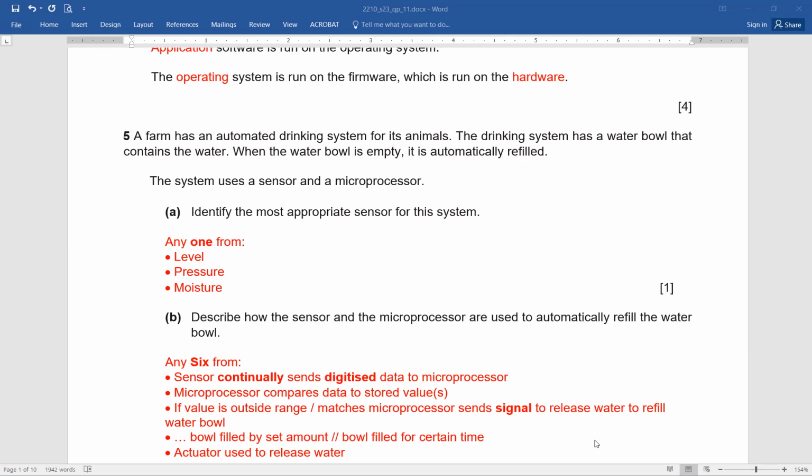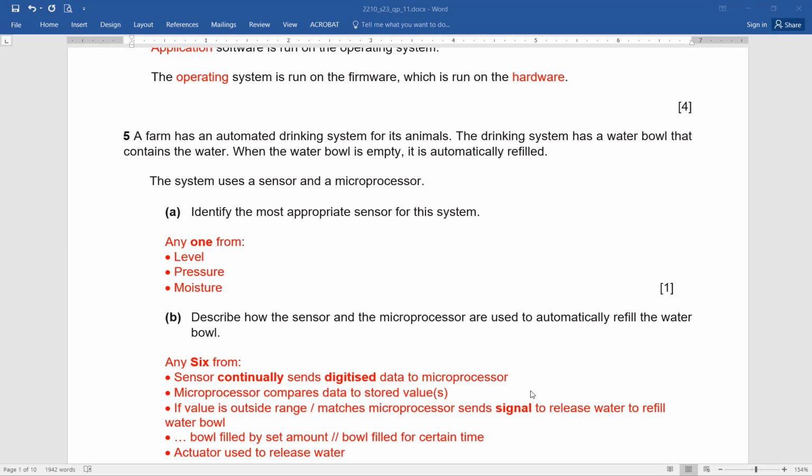So definitely that is there. Sensors are constantly sending the digitized data to the microprocessor. The microprocessor compares data to the stored values. If the value is outside the range, or if it matches, the microprocessor sends a signal to release water to refill the